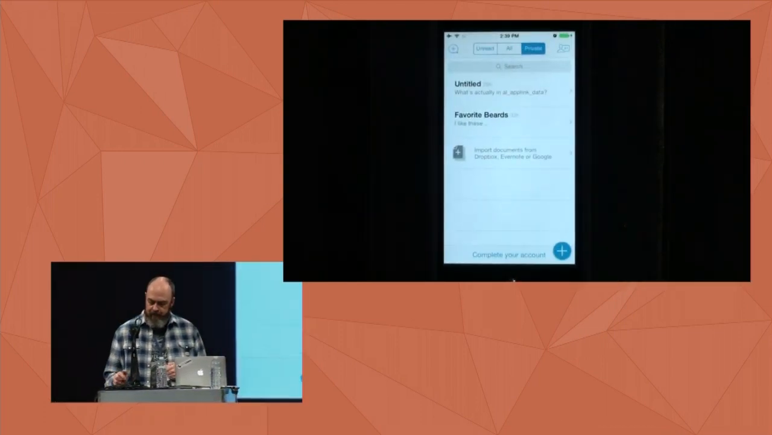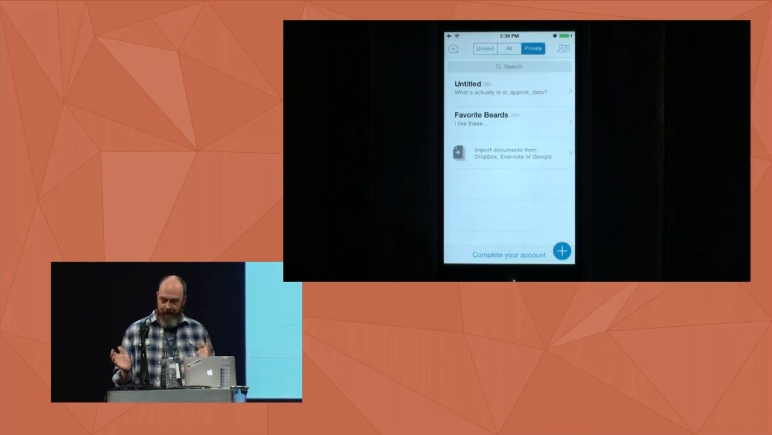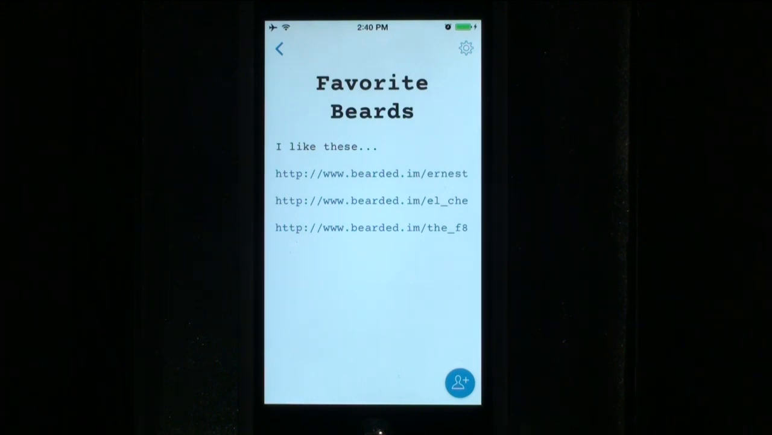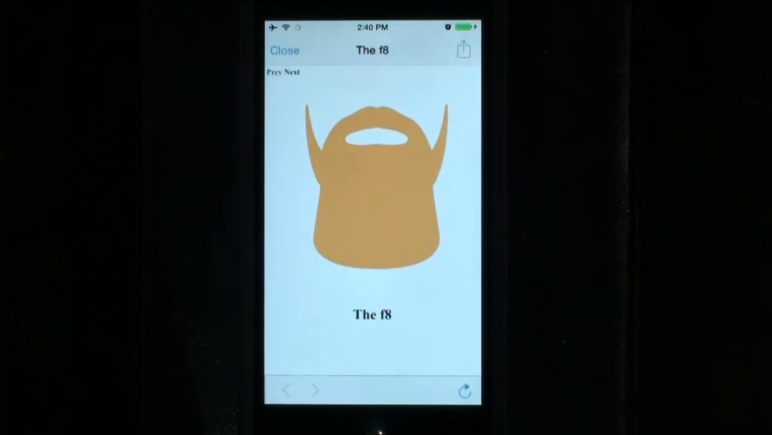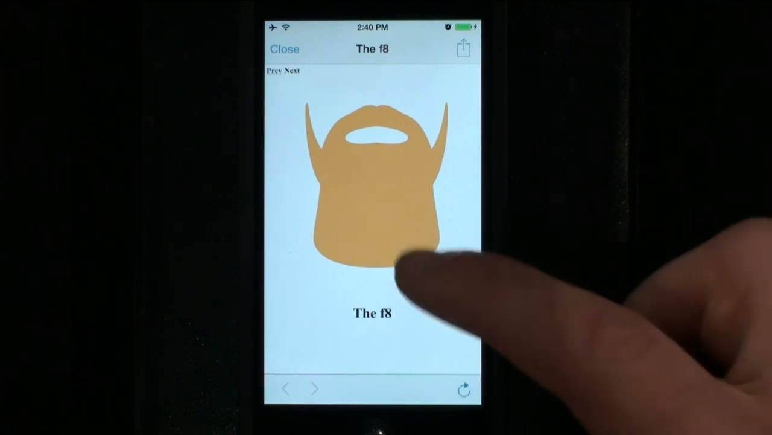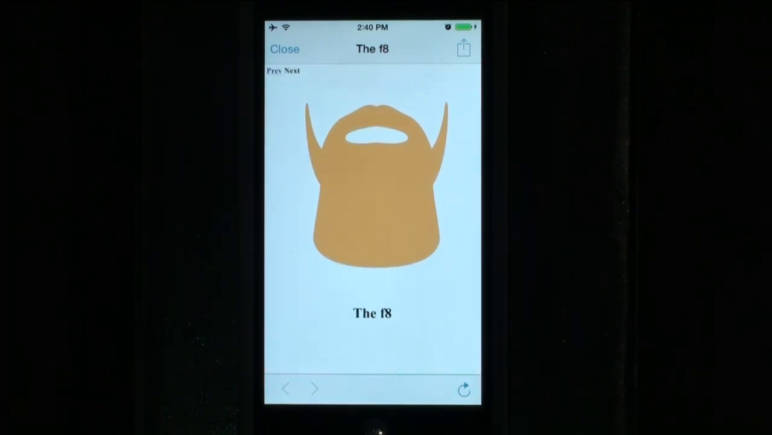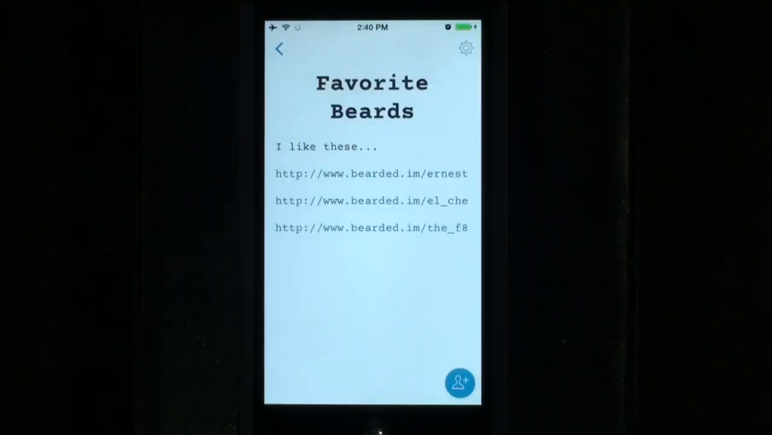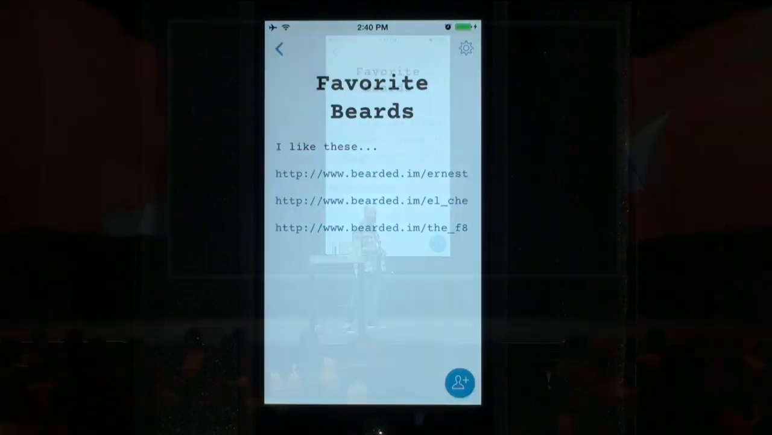And to highlight this, in Quip, I obviously keep my favorite beards list in a document, and here's a bunch of links for beards I found that I like, and if I tap on one, such as the F8, you can see that I get a web experience here. So the normal thing to do when an app doesn't know any better is to host a web view and show the content using web idioms. All right, so that's kind of status quo. Moving back,